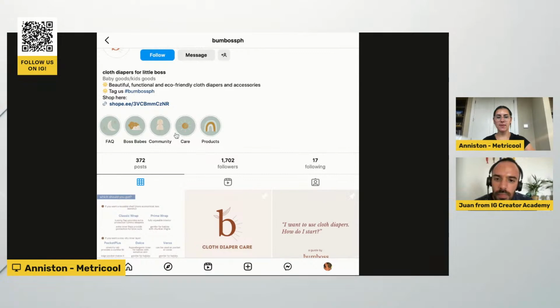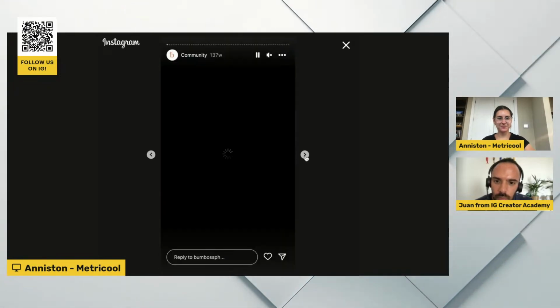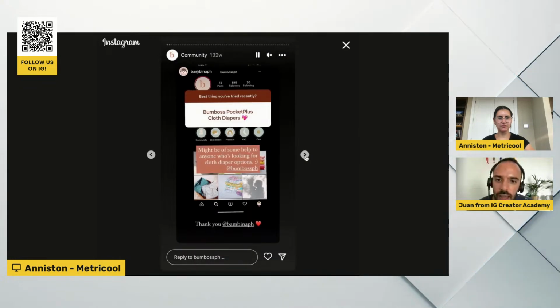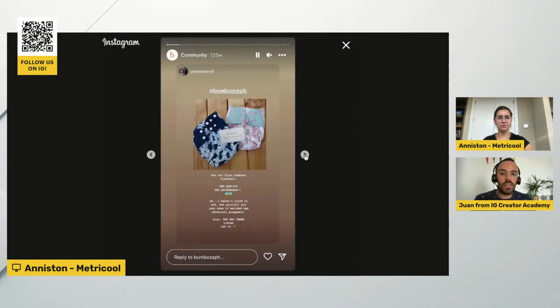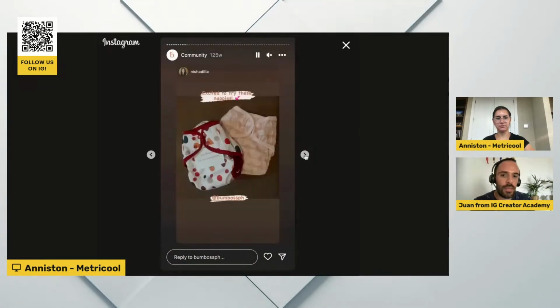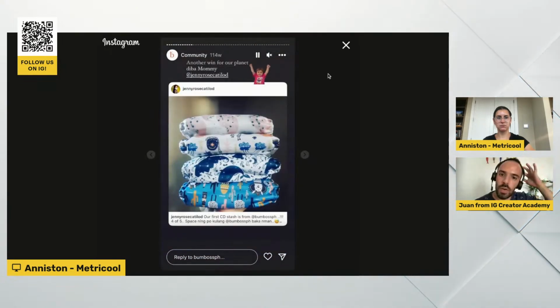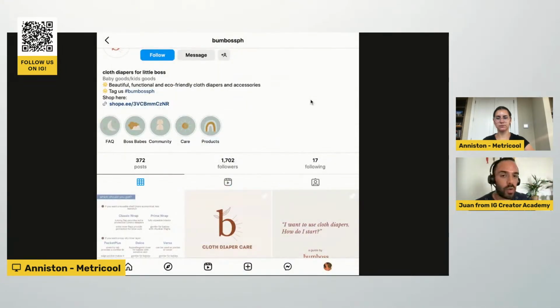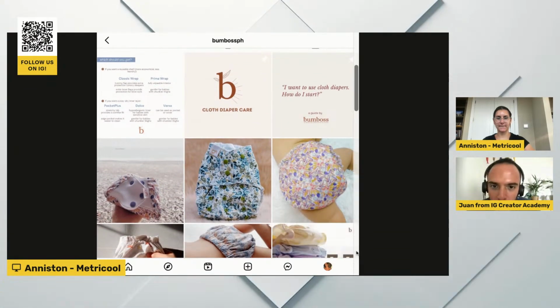Let's see. Okay, so that's just people that have tagged your products. Okay, that's good. But if you can get testimonials from moms or dads that have bought your products and how good they are and how amazing they look, and if you can get real testimonials from people, that would be great. That gives you more credibility as well. It's social proof, and you can add it there to your highlights. Let's take a look. Okay, so paint posts.